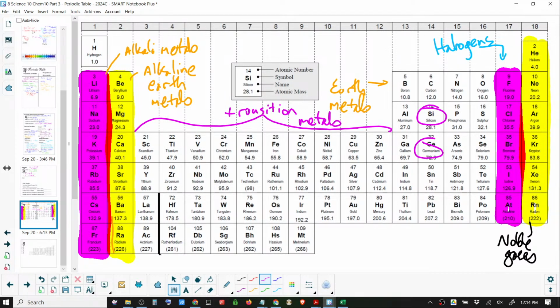And I'm not going to spend too much time on them other than to say that's just what that area is called. So if someone says we're dealing with the transition metals, that's in there. But it does bring me to why the periodic table is drawn in this kind of an odd way.